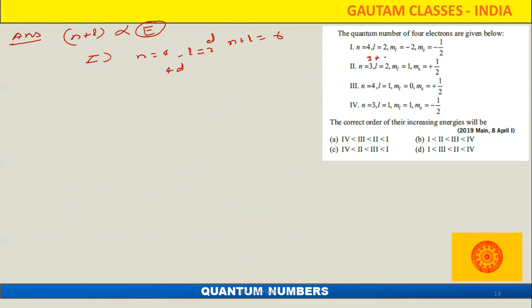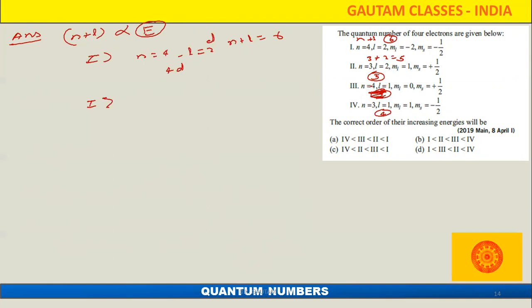In the next case, the n plus l value will be 5. Here the n plus l value came as 6. Here the n plus l value is also 5, and here also 5. In the last case, the n plus l value is 4. So without any doubt, we can say the first one has the highest energy because its n plus l value is maximum. After that, these three all have 5: 4 plus 1, 3 plus 2, and here these two have 5.